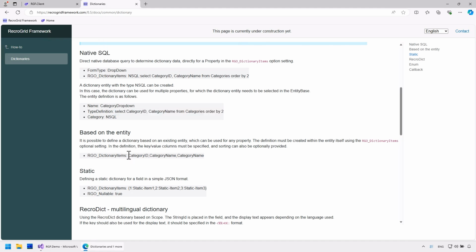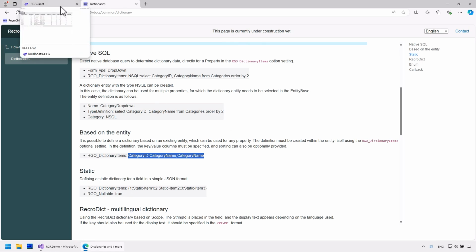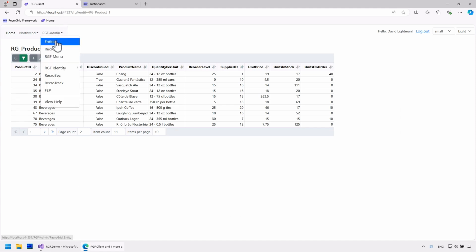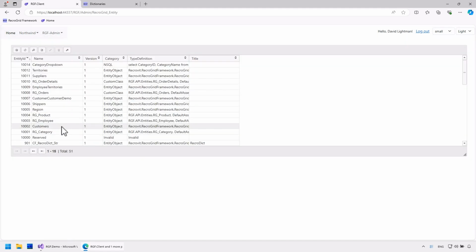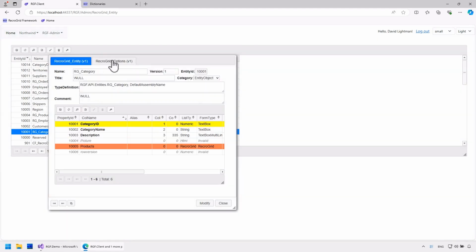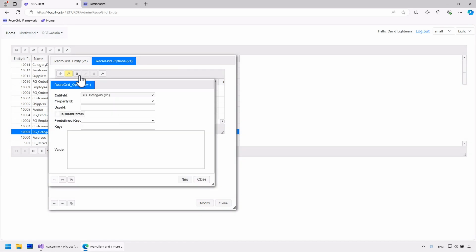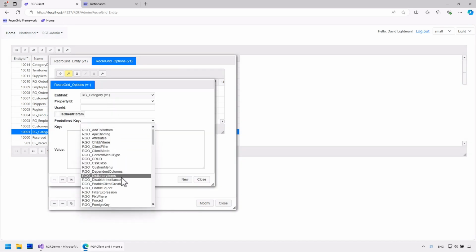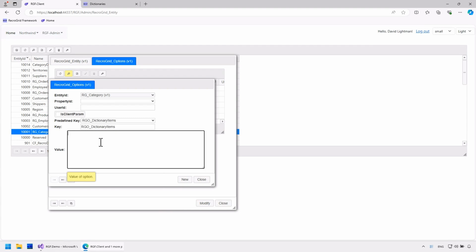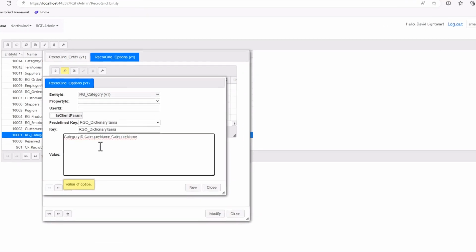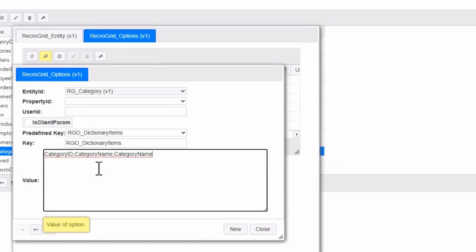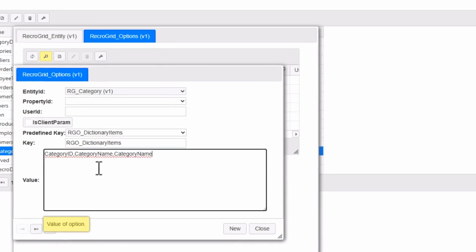If we want to use a dictionary based on another entity, there's an even better solution. We can prepare the entity itself as a dictionary. To do this, we need to define in an option within the entity how it can be used as a dictionary. We need to specify the two columns we want to use as key value pairs and optionally a third value for sorting.